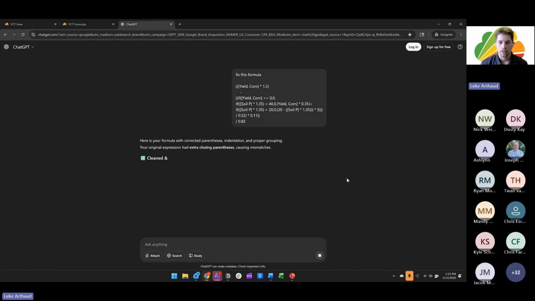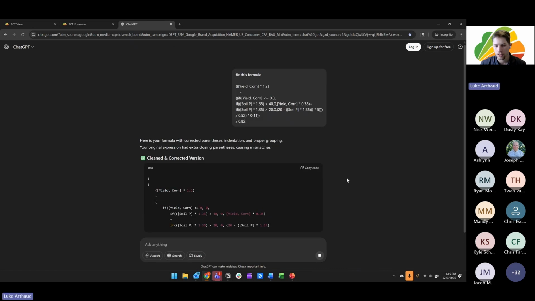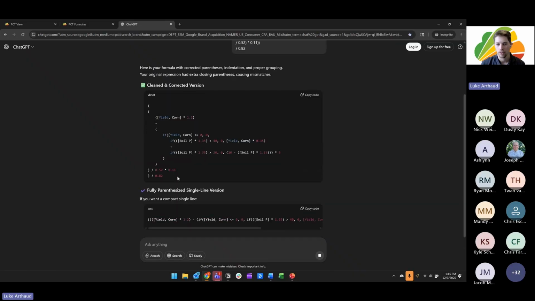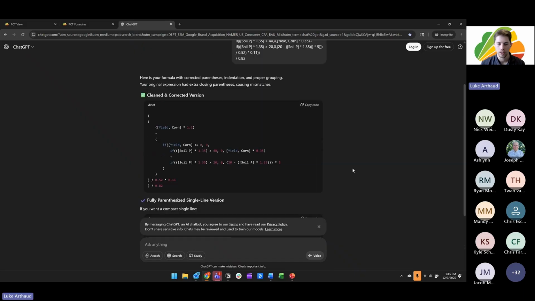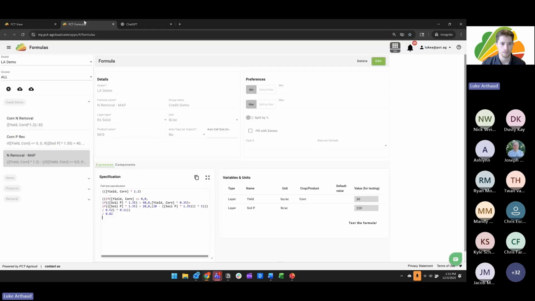And not only will this fix the formula, but it's also going to restructure it so that it's a little bit easier to read. And it also will give you options in some cases to simplify the formula if there's ways that can be accomplished. So after that's been corrected, you can simply just copy this, take it back into PCT, hit edit,